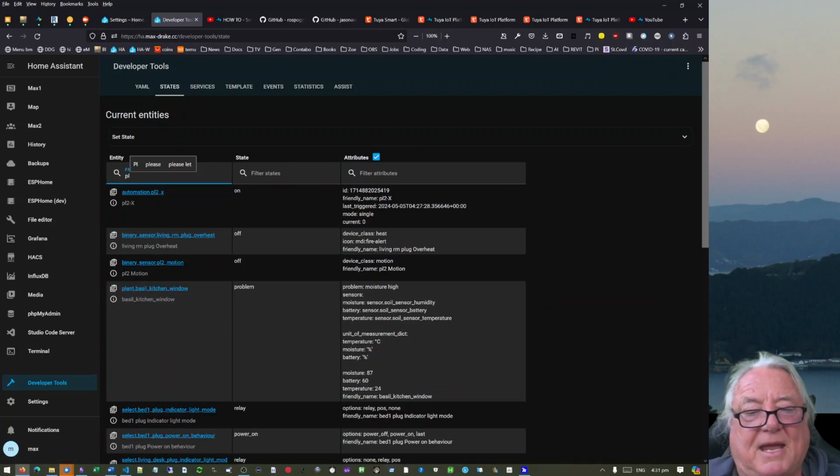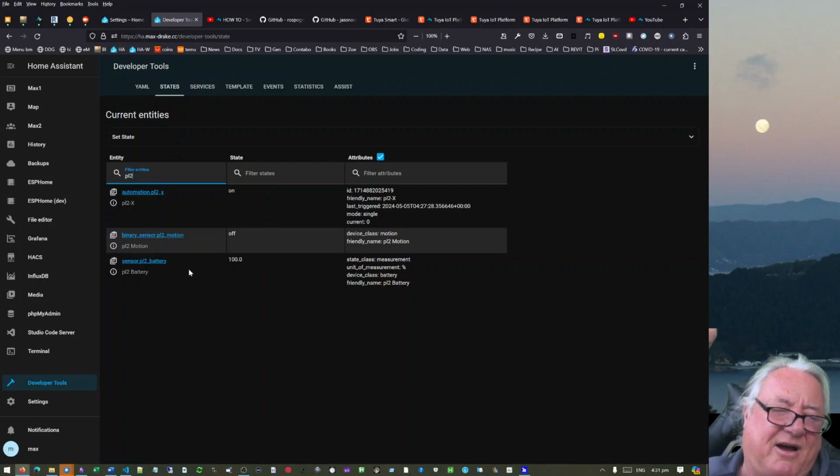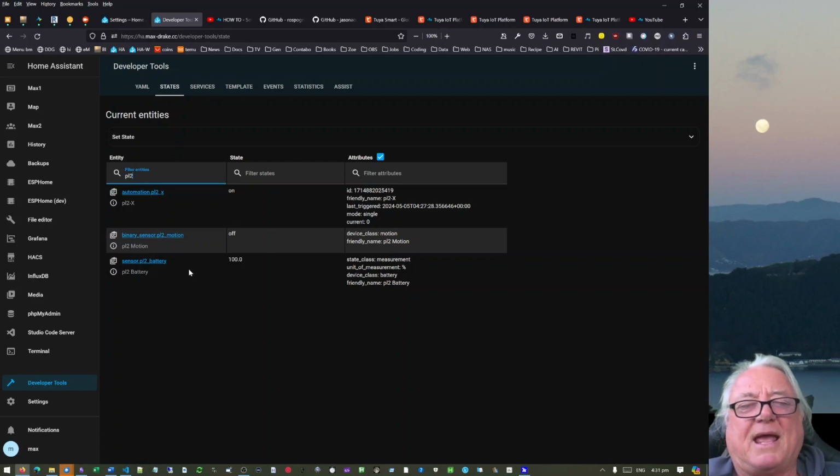So that was called a PL2 that we did, and that's identifying that we've got an automation using the PL2, and that we got a motion and a battery one. So we have 2 entities and 1 device. The device is called PL2 and the entity is called binary sensor PL2 motion, and the other one is sensor PL2 battery, which is going to give me a percentage between 0 and 100. So if you can get that, you can go, and the other thing is inside the Tuya